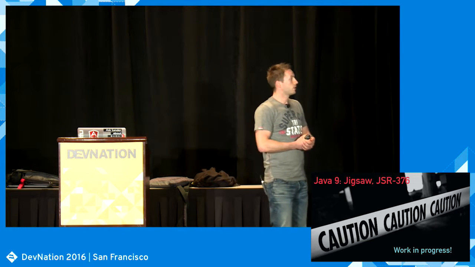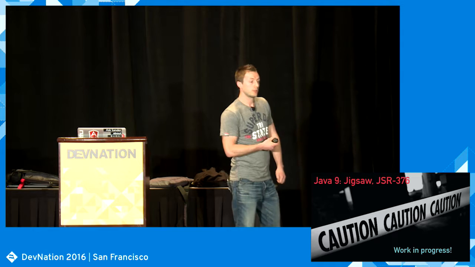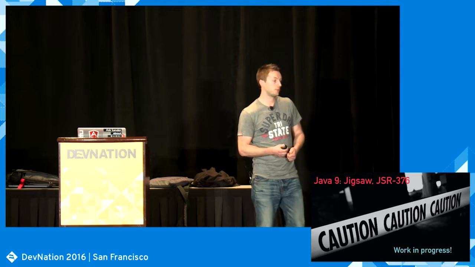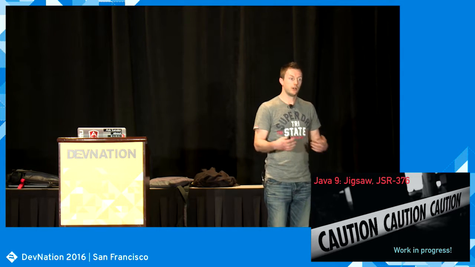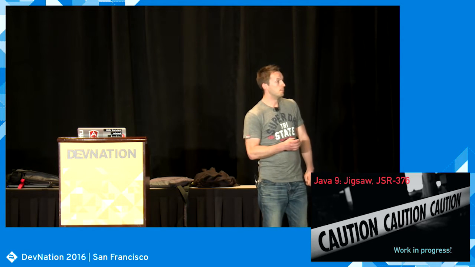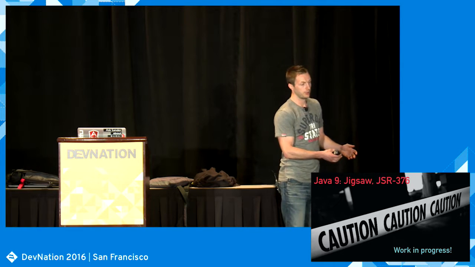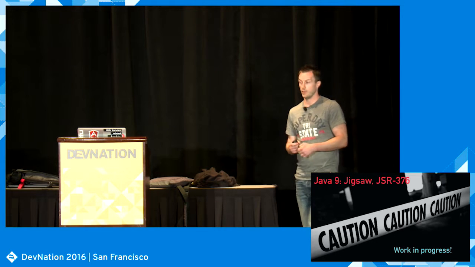And that better thing is coming with Java 9. In Java 9, we will have a module system. But this module system is, of course, not completely finished yet. Java 9 is still scheduled to be released in March 2017. That means that we are getting close to a code freeze and getting close to finalized specifications, but we're not quite there yet. So probably most of the things that you will see today will still be true in a year's time, but there might still be some changes coming.